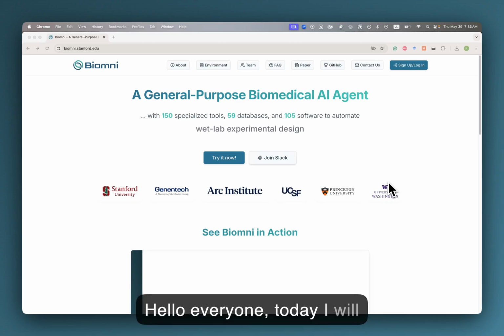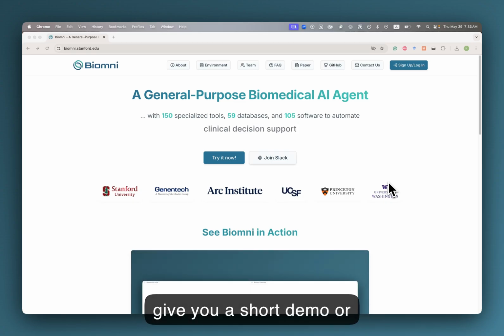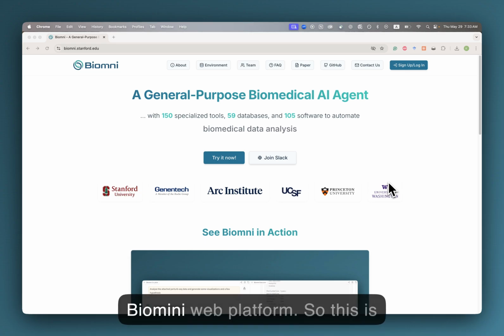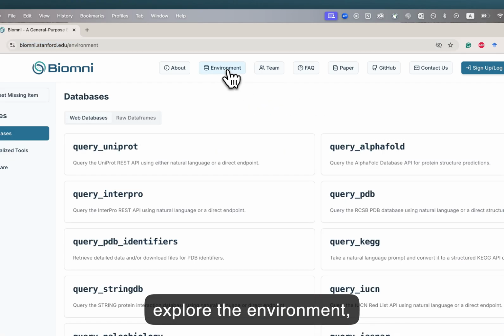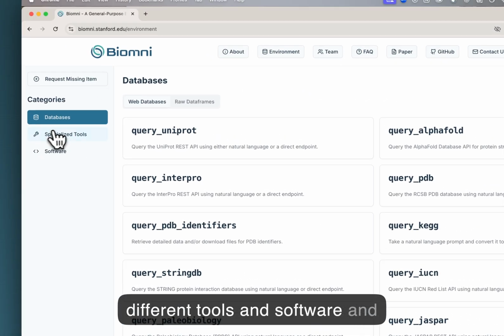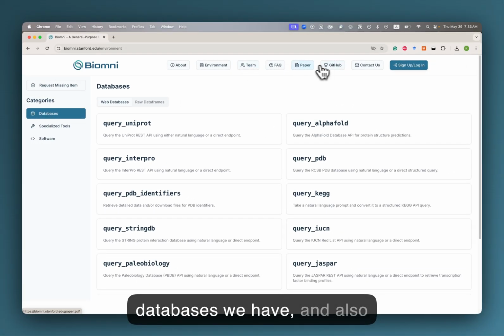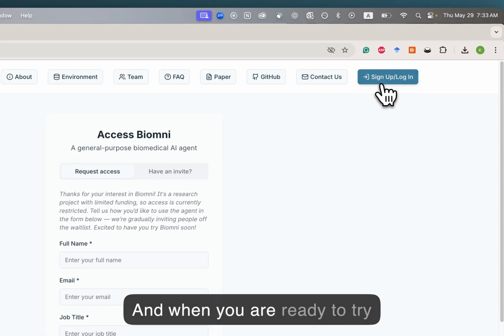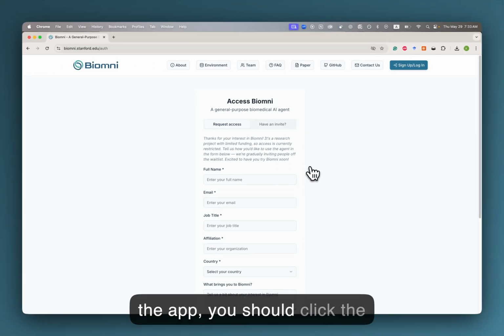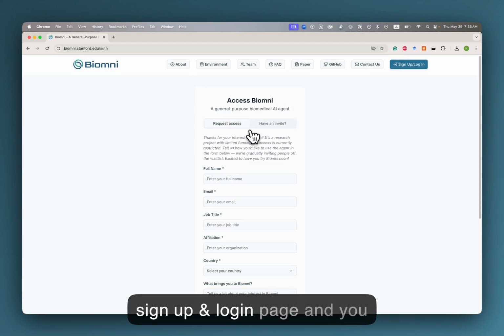Hello everyone, today I'll give you a short demo or tutorial on how to use the Biomni web platform. So this is the website, go to biomni.stanford.edu. You can explore the environment, different tools, software, and databases we have, and also the papers, GitHub, and so on. And when you're ready to try the app, you should click the sign up or login page, and you